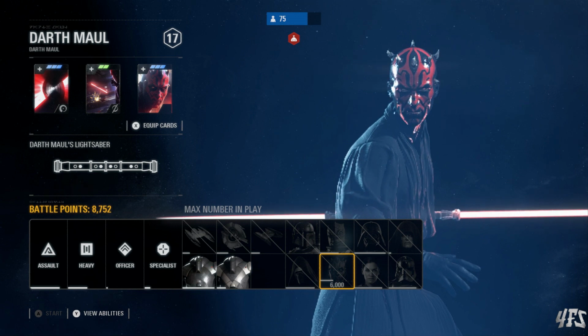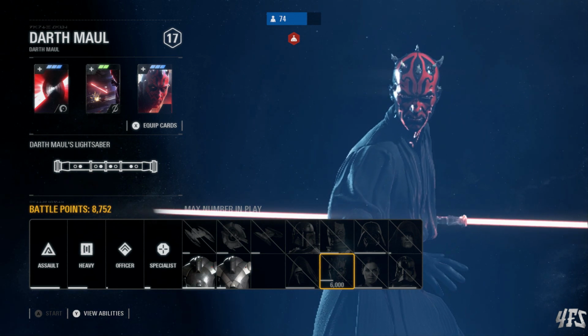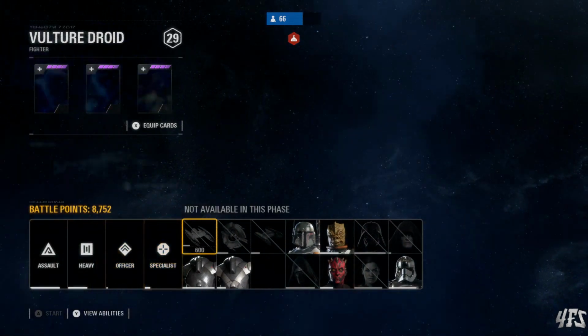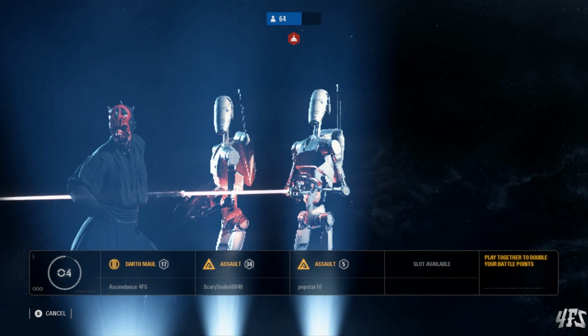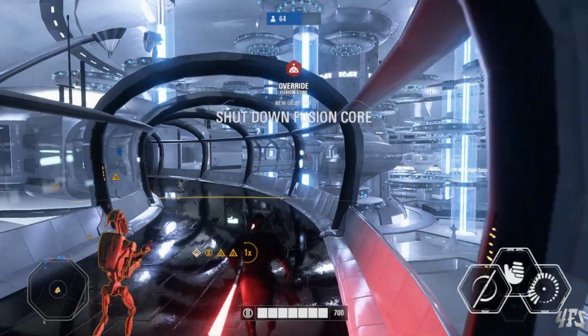Luckily I have enough battle points because, well, I'd been playing Officer earlier, so I had a lot of battle points. This is actually my third hero for the match. Now my objective this time around is to place myself between the objective and the enemy spawn point and wreak as much havoc as possible, allowing my team to push up and hopefully, if they're anywhere near competent, complete the